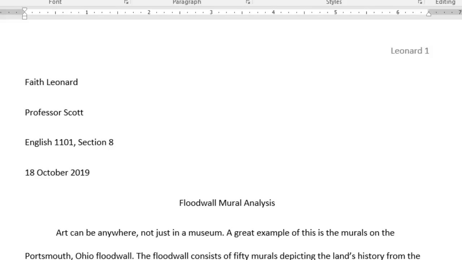Just a quick reminder of what I'm looking for in this assignment. I'm looking for a thesis statement that's focused, that's clear, and makes an argument about two flood wall murals, and it has strong supporting reasons. When I think of supporting reasons, I think of the body paragraphs, like they do a good job of supporting the paper's overall argument. I'm also looking for supporting details from the murals themselves, as well as the reading on Scioto Historical or